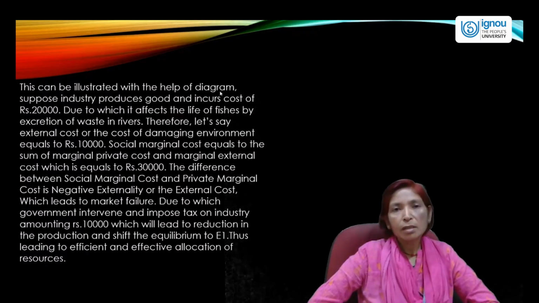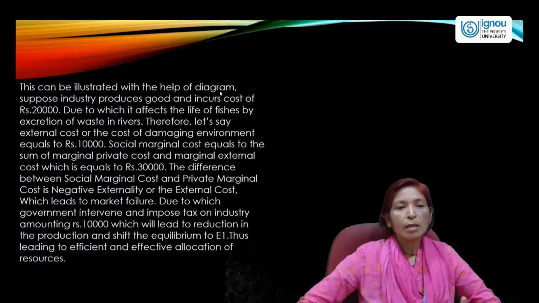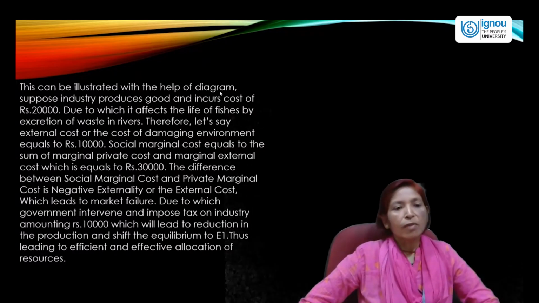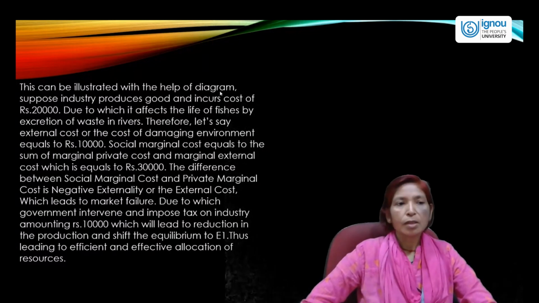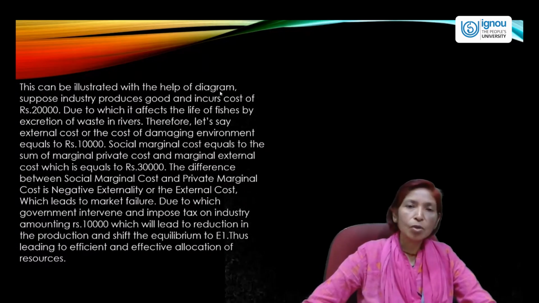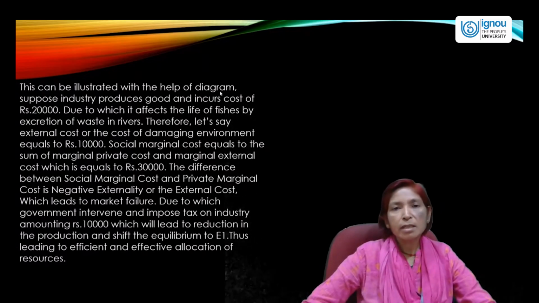Social marginal cost equals the sum of marginal private cost and marginal external cost, which equals 30,000. 20,000 plus 10,000 equals 30,000. The difference between social marginal cost and private marginal cost is the negative externality or the external cost, which leads